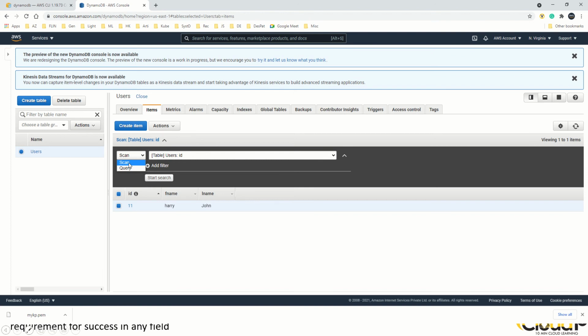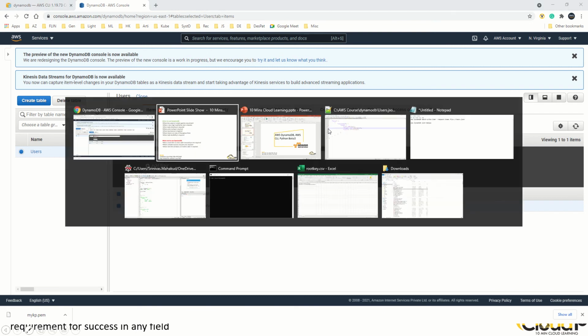In that case, using scan, I can use any key other than the primary key. So let's do one thing. Let's get into our CLI and try to add a few more records or perform a few more operations.